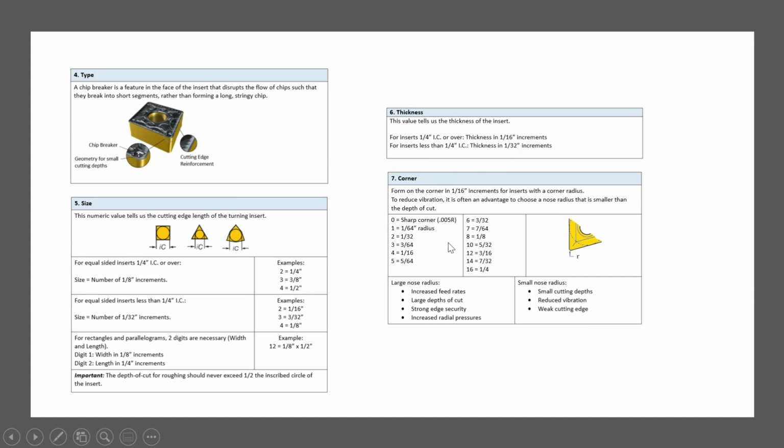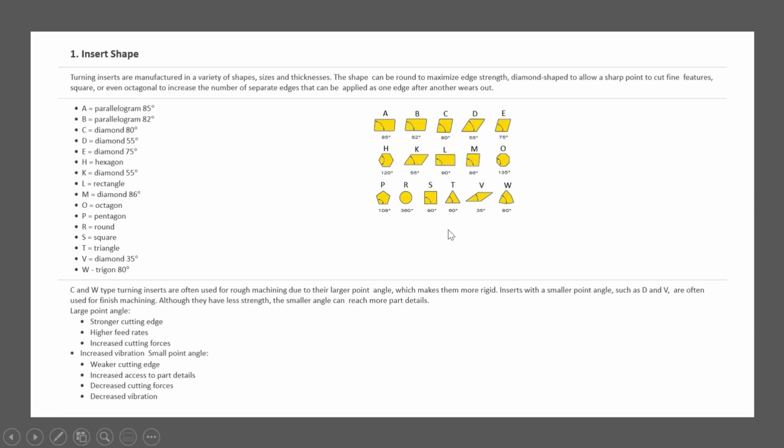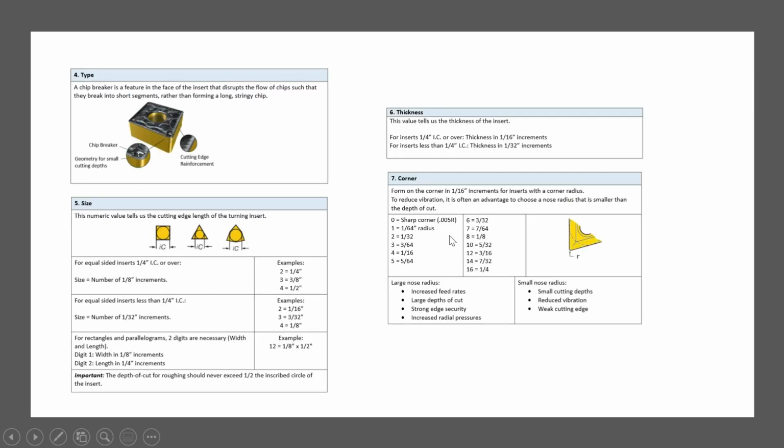Next is corner radius. In the example, it is 0.8, which means 1/8 inches. Different values are available.